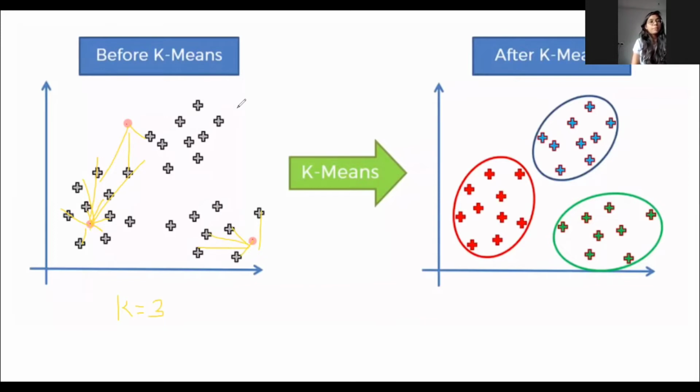Then the third step is that it is going to find the center value of the K point. Suppose this is one K, second K, and third K. Now it is going to calculate the center point of the K point and the minimum distance data. For our example, this is the minimum distance data. It is going to calculate the center point of this and assign this data to the K1 point. Now this data has been assigned to K1, the centroid has been calculated, and our new K point is here.